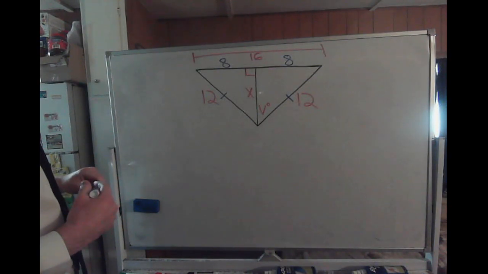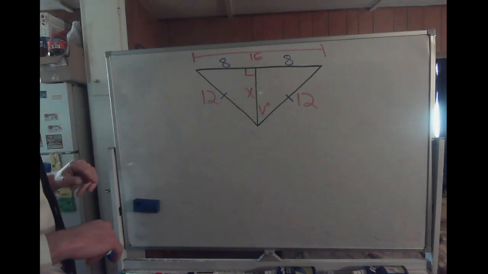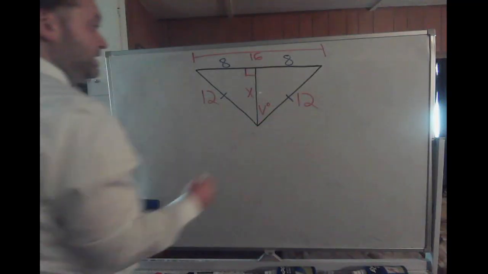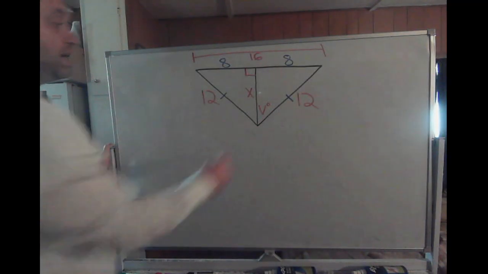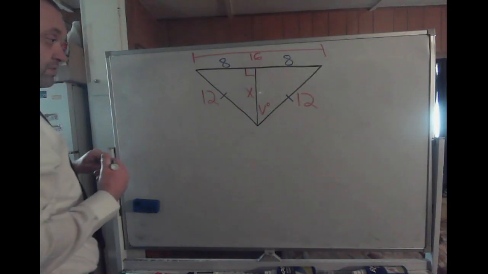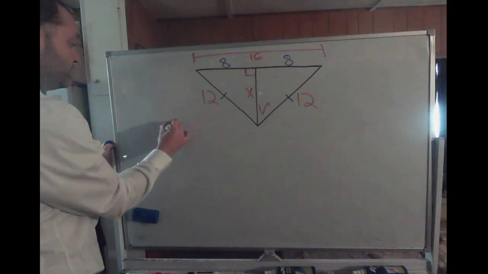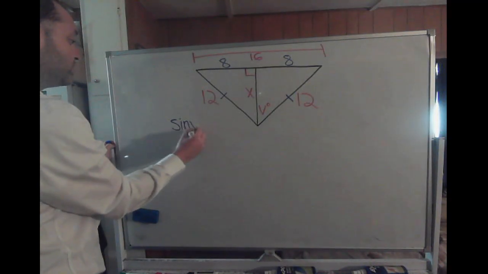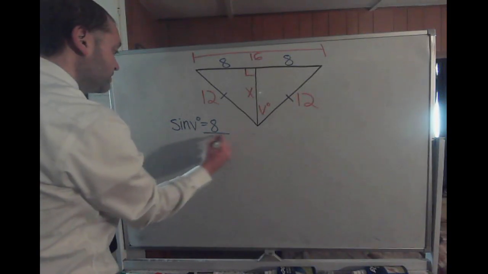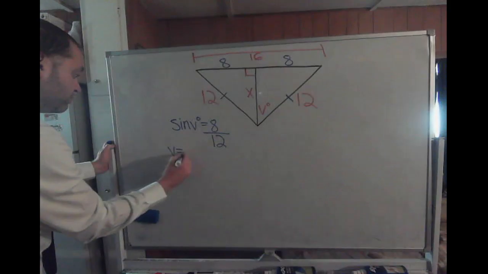Well, it sounds to me that first we need to solve for the v degrees, right? That's what we should do first. Well, the side opposite v degrees has length of 8, the hypotenuse has length 12. So if you have opposite over hypotenuse, you're going to do a sine ratio. So you'll take sine of v degrees, set that equal to the opposite side of 8 over 12. Take your sine inverse, v would be equal to the sine